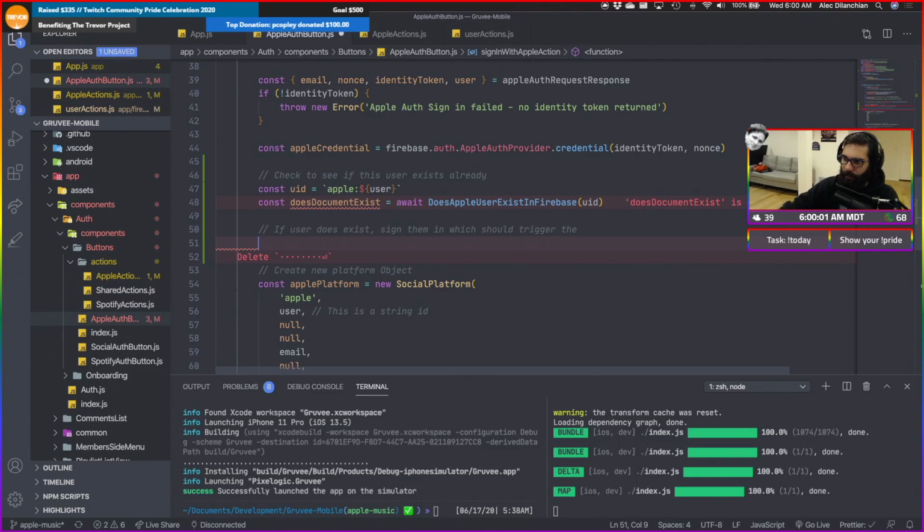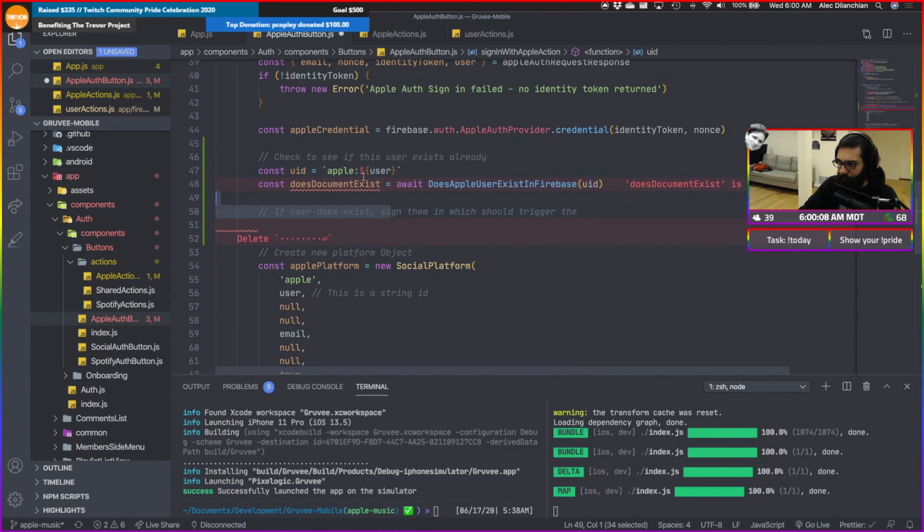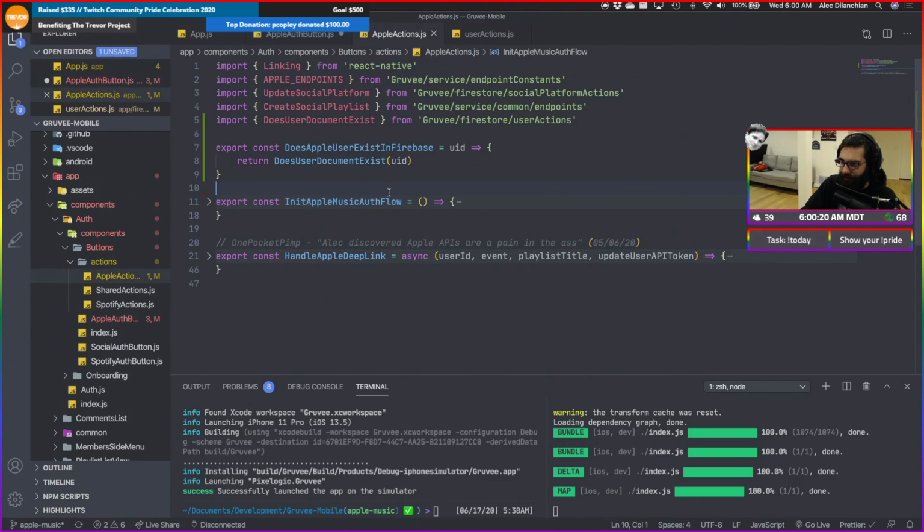So again, for this, we sign in with our Apple credentials. And once we get that information back, this is how we generate our Firebase document for the user. We append it with the platform name and then give it a user ID. We're going to do, does Apple user exist in Firebase? That action is over here, which actually will call this thing.